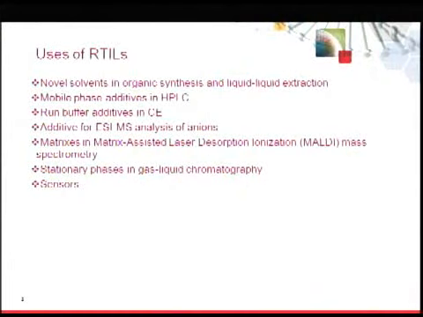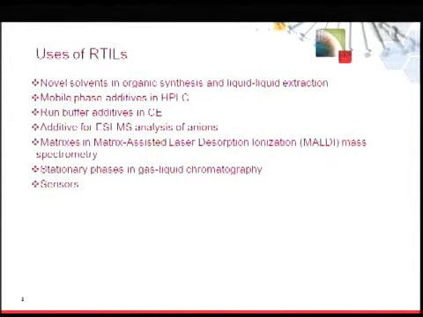Okay. And what are the benefits of ionic liquid capillary columns for GC-MS applications? All right, if we can have the first slide up there. When we look again at what we call room temperature ionic liquids, there are a number of different applications these materials have been used in. They've been used as novel solvents in organic synthesis and liquid-liquid extraction, mobile phase additives in HPLC, and run buffer additives in capillary electrophoresis.